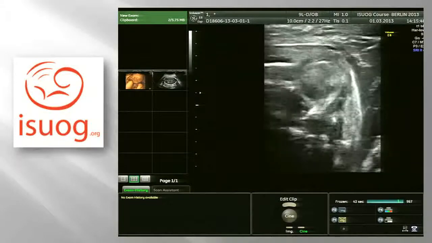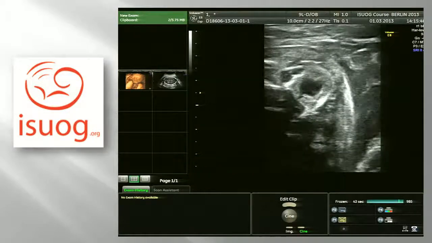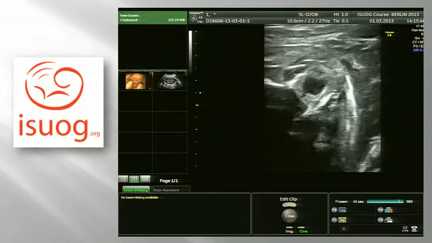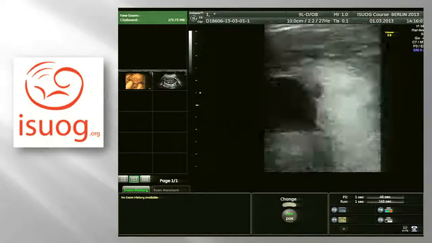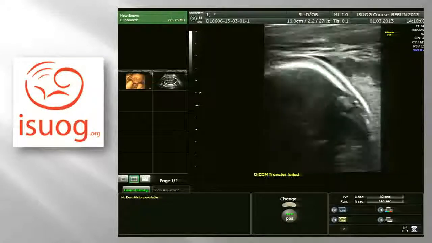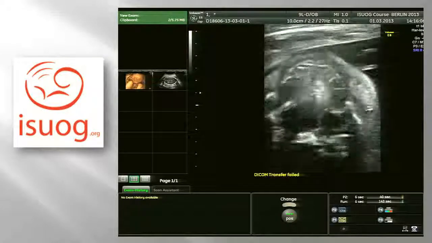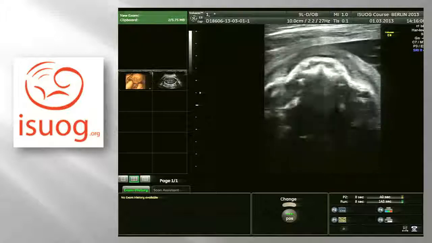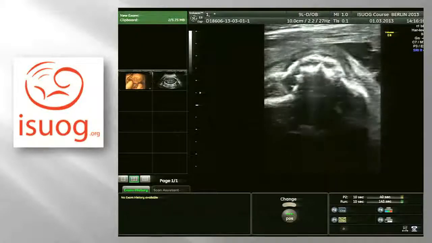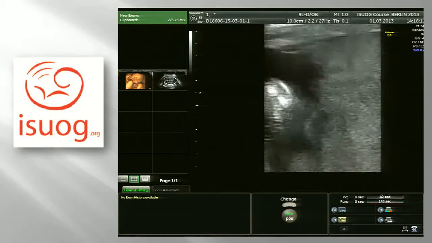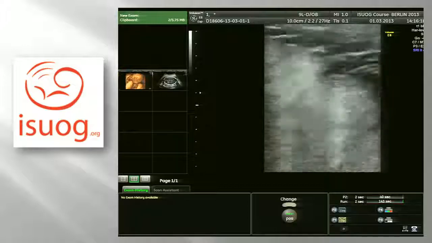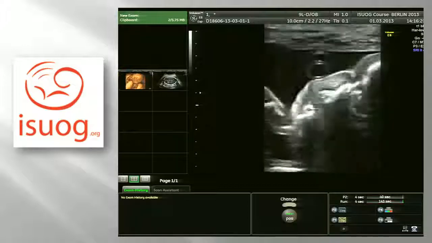And you saw this. Now I am playing with a cine loop. And this was the posterior edge of the hard palate. I will do it again from here. This is a tongue. And here, okay, freeze. This is the posterior border of the palate. So it's not difficult to obtain. Just you have to start from the profile,